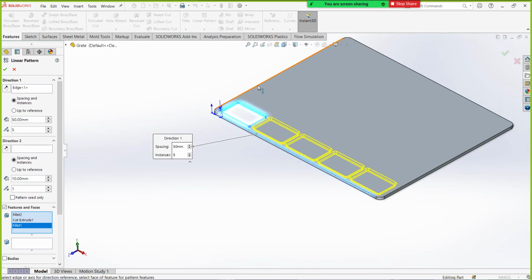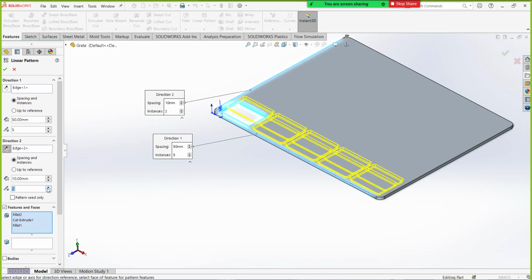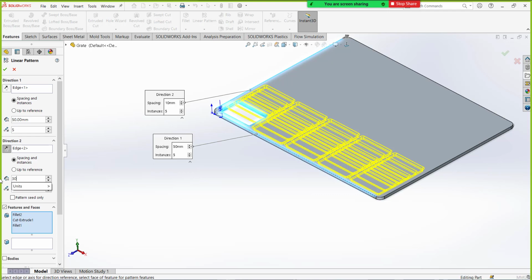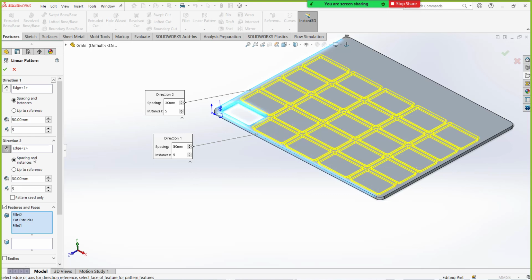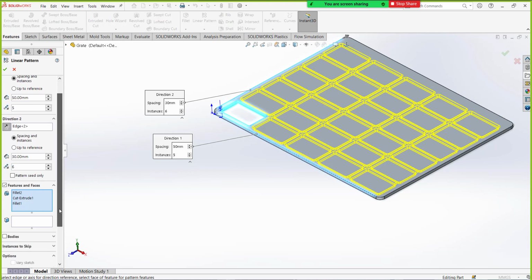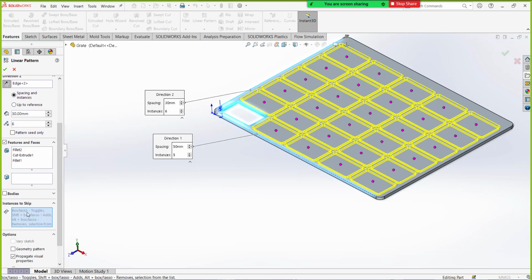Now I need along the second direction also. You can use direction 2 and define this direction, and same thing, how many instances you want you can add, like this. Now there might be some chances you need to remove some of the instances. So we have the option called instances to skip.